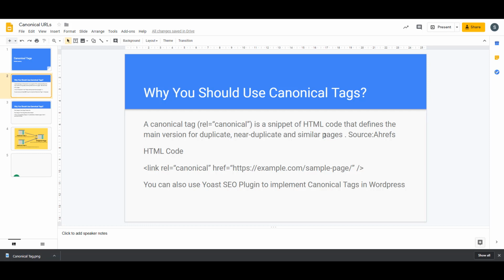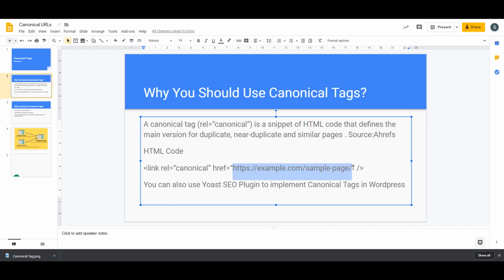It tells Google that, see, this is a duplicate page, and here is a link to the original version of this page. You need to index the original version, not this duplicate version. So this is the tag or HTML code which you will be using in all your duplicate pages. This part will be the same, and here in the href,